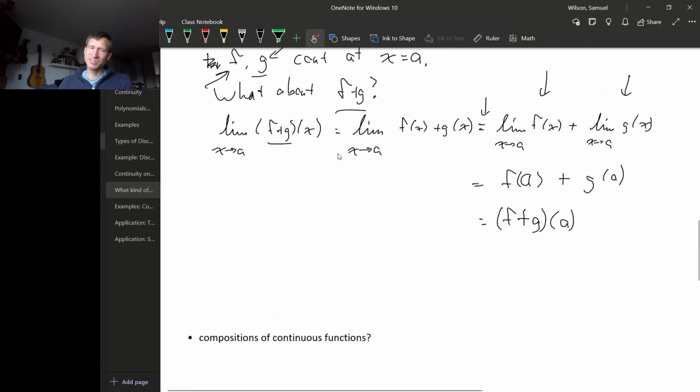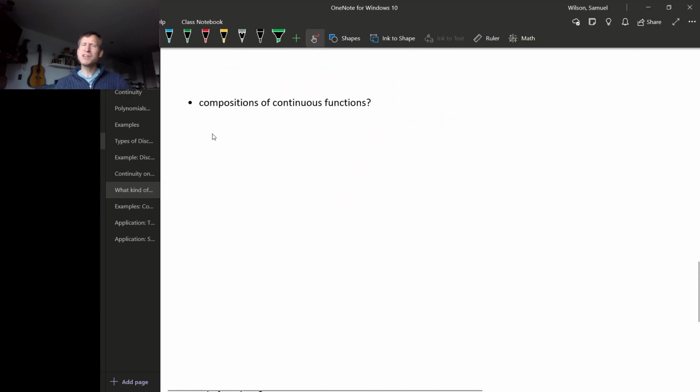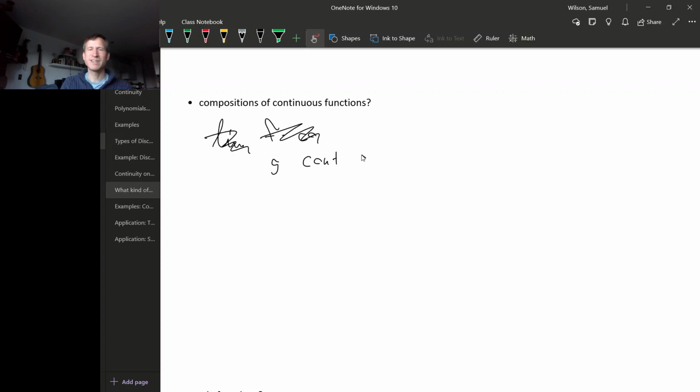What about compositions of continuous functions? Now, to really prove something about compositions of continuous functions, you actually need the precise technical definition of continuity, which we haven't really looked at yet. But it should seem plausible, at least, that if g is continuous at a and f is continuous at g of a,